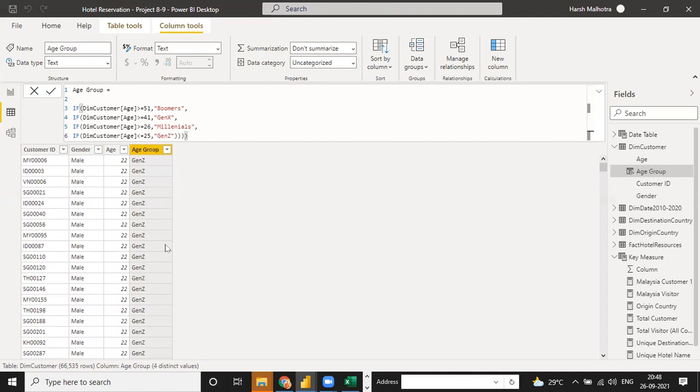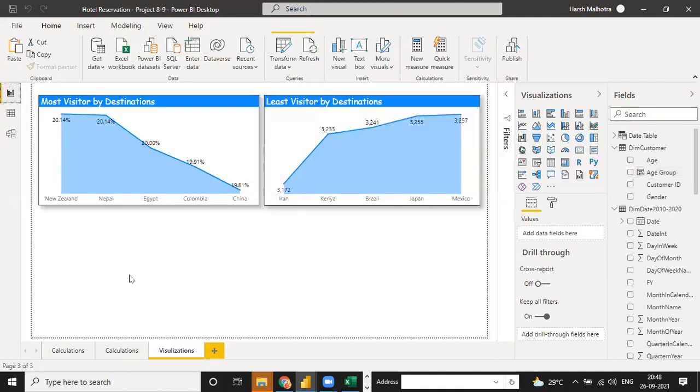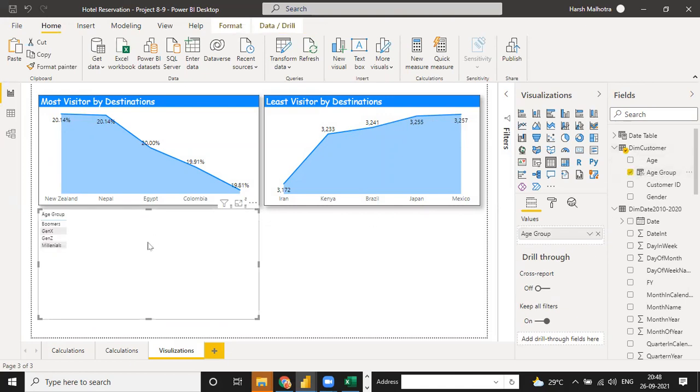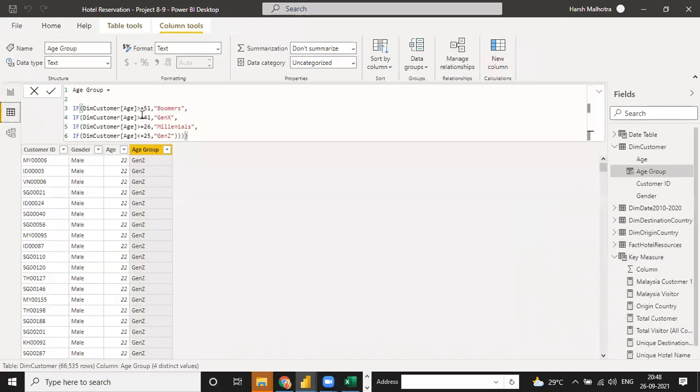See, Gen Z, Gen X, date wise. So now when I go to my visualization, I will bring in a table. Sorry to interrupt you, Harsh. Yeah, tell me. Harsh, I believe the conditions you have given in your Excel say 5 to 25, so in that case our calculations are different.